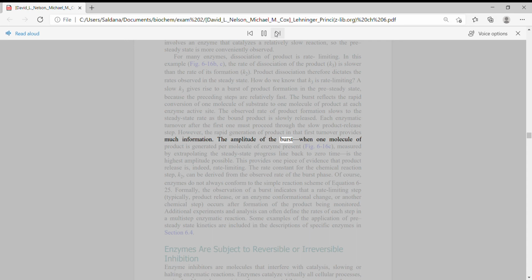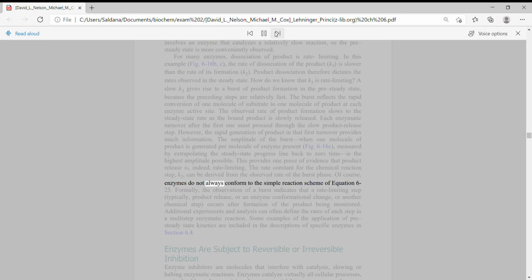The amplitude of the burst, when one molecule of product is generated per molecule of enzyme present, Fig. 6-16c, measured by extrapolating the steady-state progress line back to zero time, is the highest amplitude possible. This provides one piece of evidence that product release is, indeed, rate-limiting. The rate constant for the chemical reaction step, k2, can be derived from the observed rate of the burst phase. Of course,